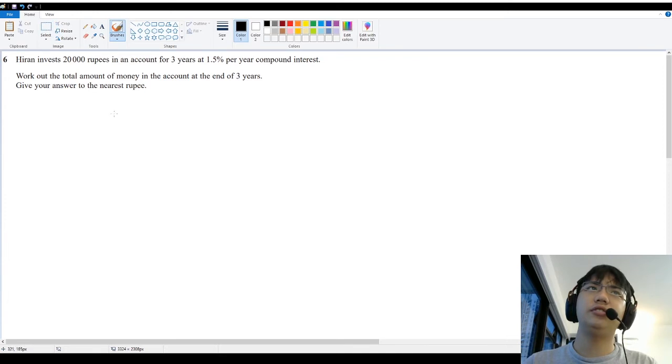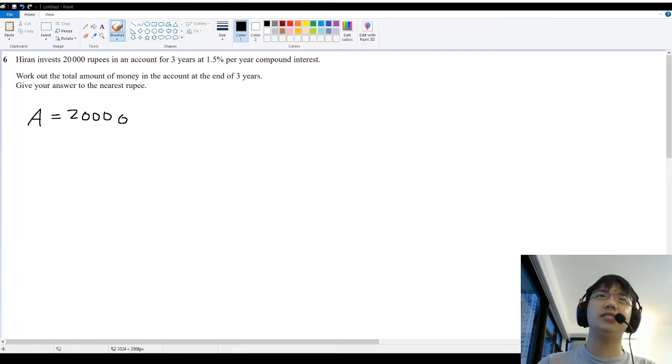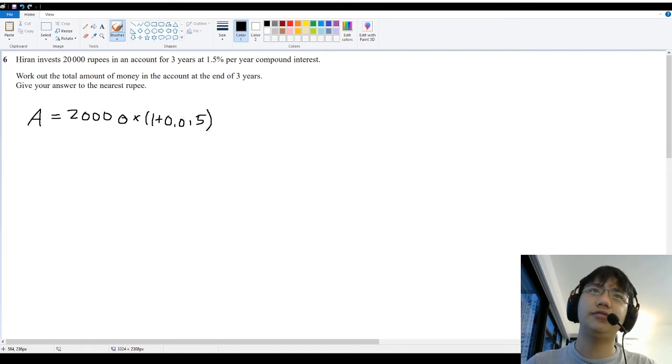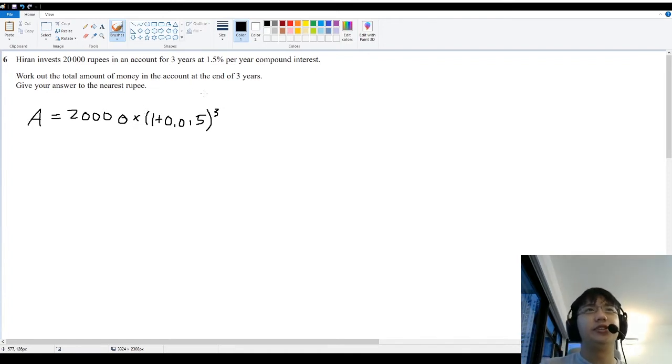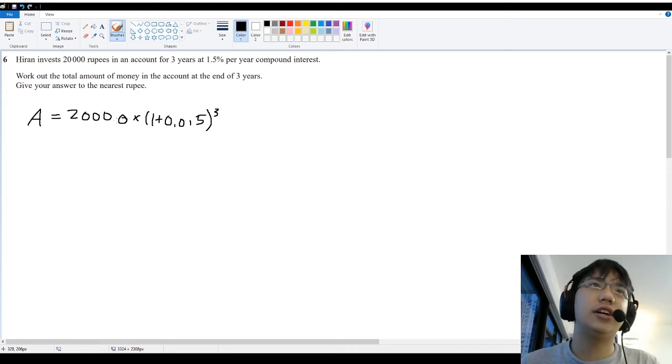So to work out compound interest, the amount at the end would be the principal amount, or the initial amount, multiplied by 1 plus the percentage, so 0.015, to the power of the number of years, so to the power of 3. So 20,000 times 1 plus 0.015 to the power of 3 gives us